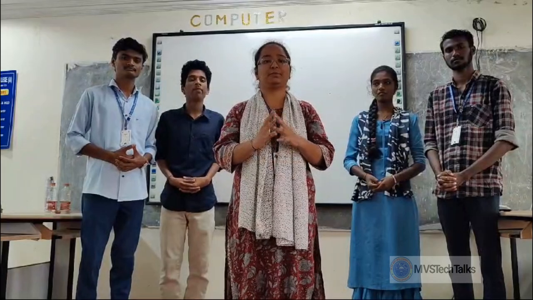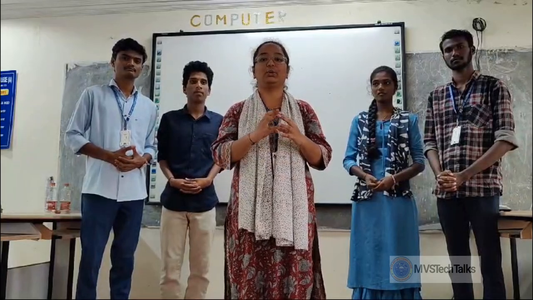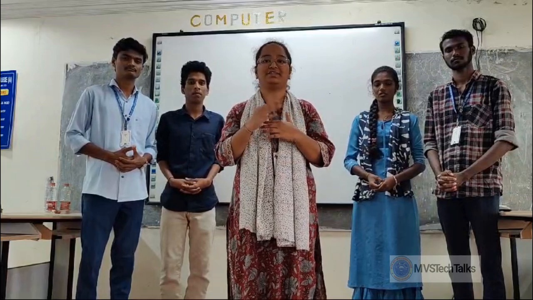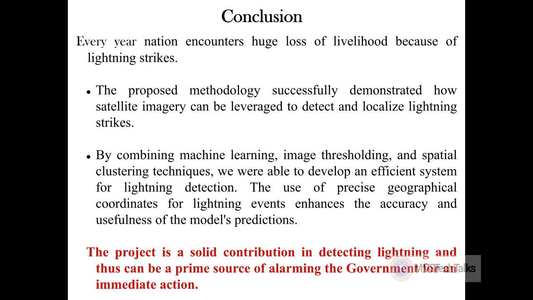Conclude the project. In this project, we created a methodology to detect lightning strikes through satellite images, and by using machine learning, we started solving an issue of sensor blooming by using the custom thresholding function by filtering out the land masses, clouds, and artificial light sources. We started collecting the data by combining the satellite image, threshold image, and cloud top temperature. By analyzing this data, we trained 3 models. They are XGBoost, KNN, and logistic regression.